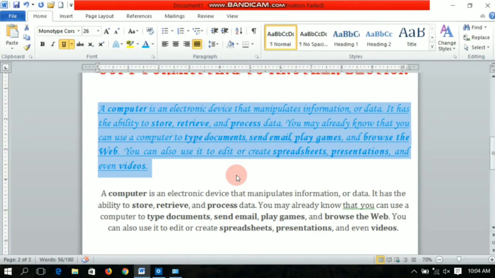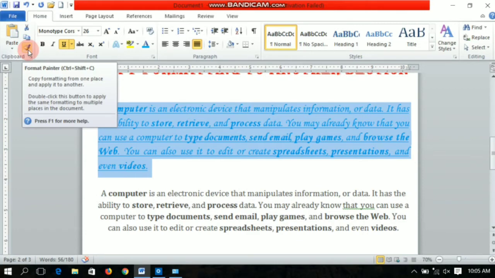To copy this formatting to another section, I will select the paragraph or the sentence which I want to copy, and here in this clipboard group there are cut, paste and format painter. You will just click on that.